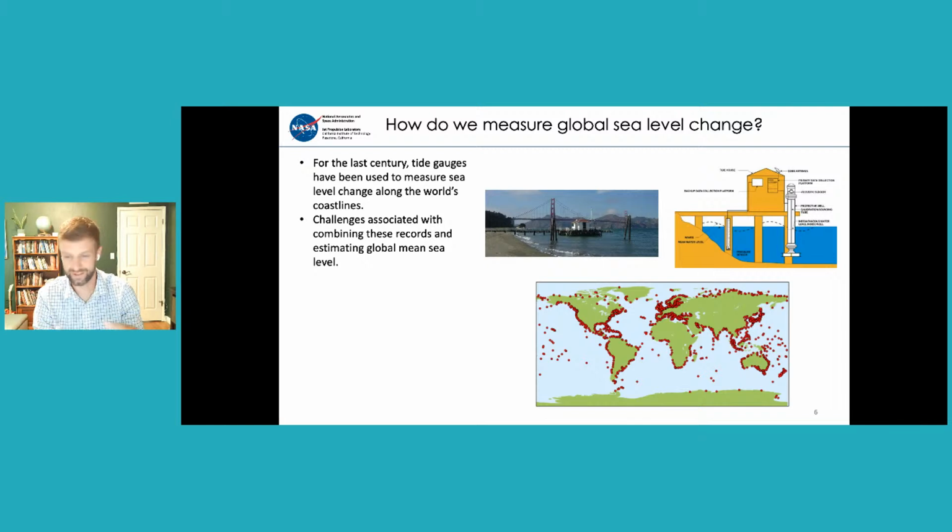So if you don't have an island, if you have open ocean, you're not going to have a tide gauge. There is a bias towards the northern hemisphere. So some of the more heavily populated areas over the course of the 20th century, more developed areas, they typically have the tide gauges. So we have this hemispheric bias as well in these tide gauges. So if I want to take this set of data and try to estimate global mean sea level, the global average sea level change, it's very difficult. I'm just missing observations in a lot of parts of the ocean.